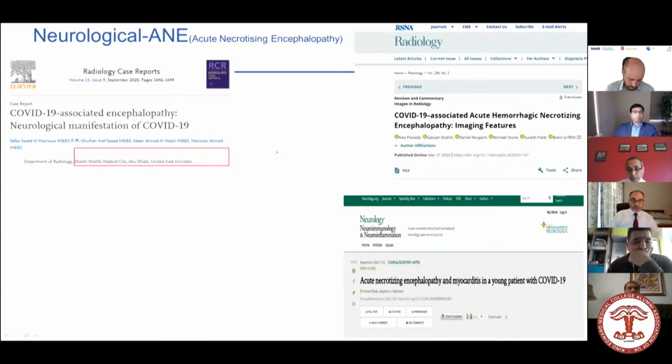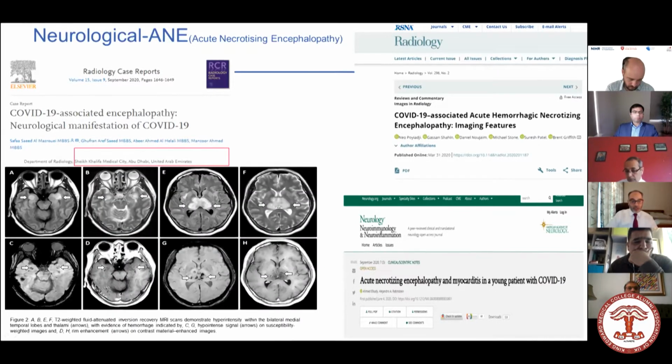And what's the difference between what we saw in PRES and here? This is acute necrotizing encephalopathy. This loves the thalami. You can see the medial thalami being involved. You can have involvement of the brainstem. You can have involvement of the cerebellum. But this is a gray matter and white matter disease. Over there, the PRES was involving subcortical white matter. This is gray matter and white matter involvement, like I said, thalami, the brainstem, the cerebellum.